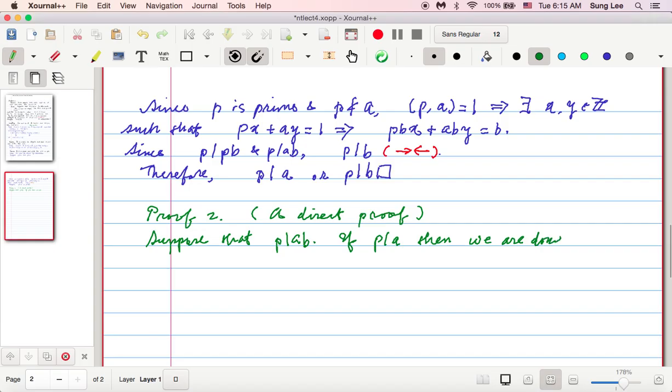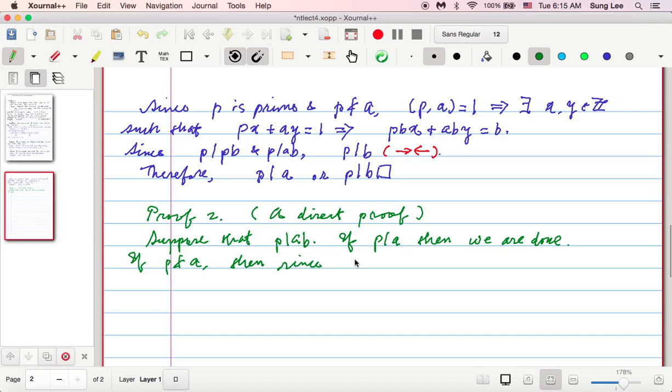There's nothing more to do, that already satisfies the conclusion. If P does not divide A, then